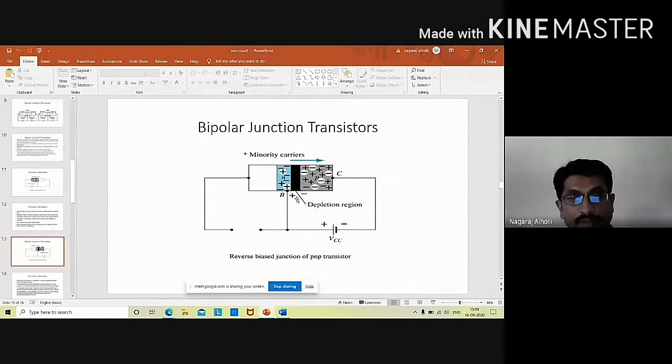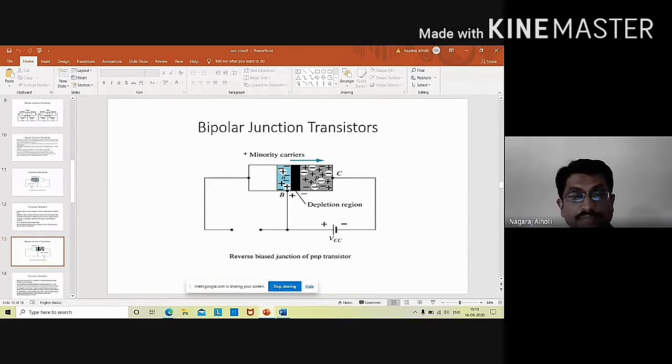Because of this, what is happening? Increase in the depletion region width makes the majority carrier current very less, or the majority carrier current flowing across the junction is almost zero. Then the current that is flowing across the junction is only due to few minority carriers, which is called the leakage current or the reverse current. It is only due to the certain minority carriers which are flowing across the junction.